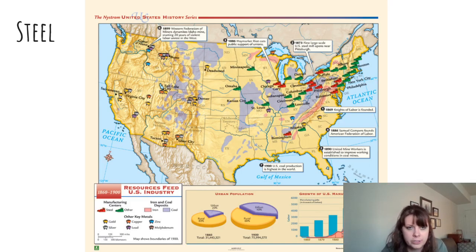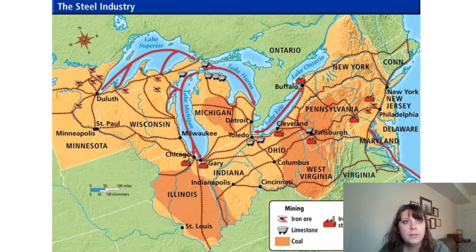Steel, if you're interested, like I said from the other one, a lot of those factories up in here, the red are steel, so that makes sense, right? They're right next to the coal deposits and the iron deposits. Here's another one to show the steel industry and some of the major railroads connecting them, as well as canals, which is how they ship everything, on the railroads and canals.